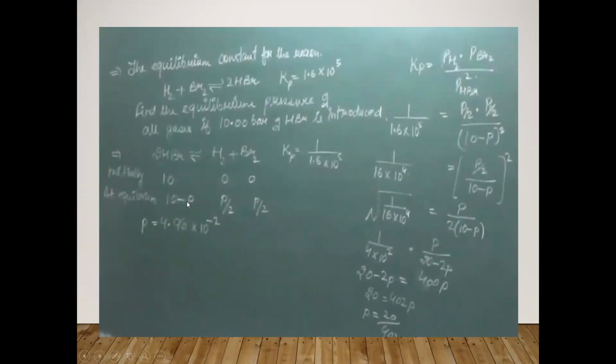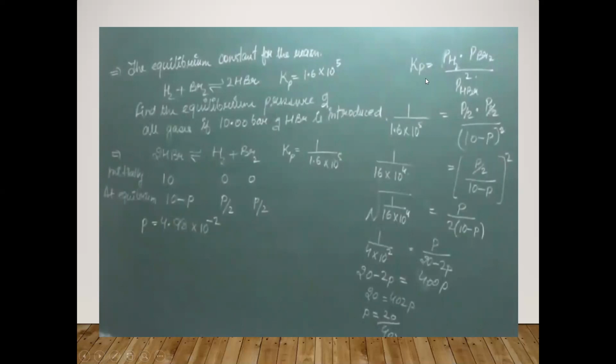जितना इसका प्रेशर कम हुआ वो किसका प्रेशर बन गया अब? बिकॉज हाइड्रोजन ब्रोमाइड इज डिकम्पोजिंग इनटू हाइड्रोजन एंड ब्रोमीन, तो ये जो जितना प्रेशर कम हुआ है ये इन दोनों का प्रेशर होगा हाफ ऑफ. तो इसका प्रेशर कितना हो जाएगा इक्विलिब्रियम पर? P/2 और इसका P/2. गेट इट? समझ गए? ठीक है. और प्रेशर हमारे पास कितना है यहाँ पर स्टार्टिंग में 10. क्लियर? तो 10 माइनस P और इसका प्रेशर कितना हो गया हाइड्रोजन का P/2, इसका भी P/2.